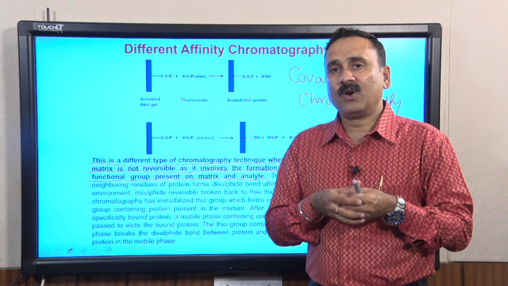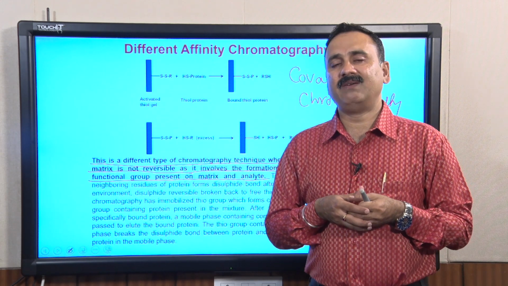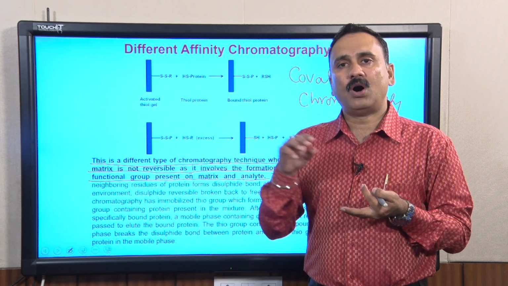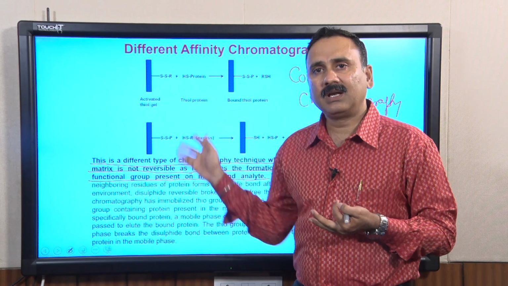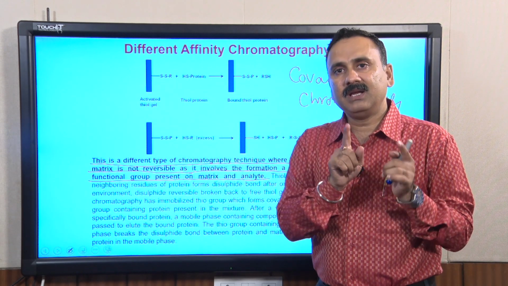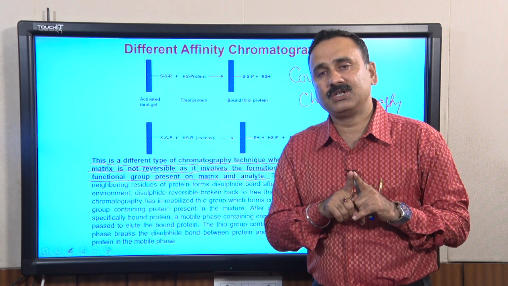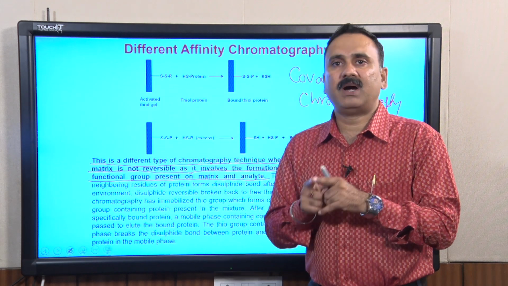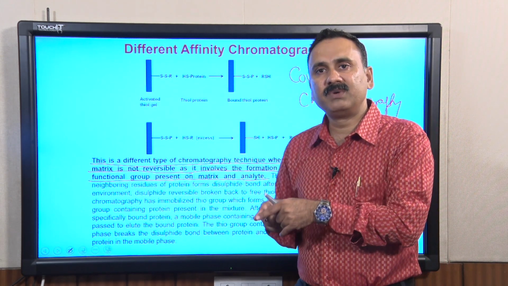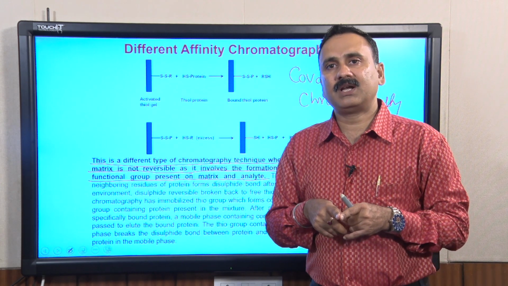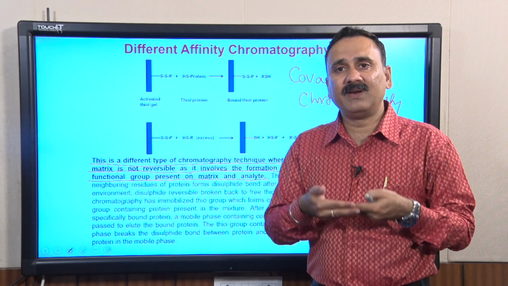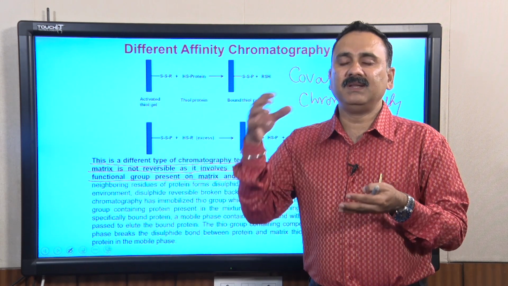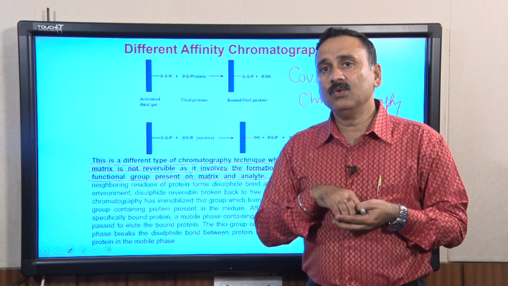If you remember, in most of the chromatography techniques we have discussed so far, whether it is ion exchange chromatography, hydrophobic interaction chromatography, gel filtration chromatography, or even other classes of affinity chromatography, you are making a receptor ligand interaction, but these interactions are non-covalent. These interactions only involve hydrogen bonding, van der Waals forces, pi-pi interactions, salt bridge interactions, and other kinds of interactions, but they are not covalent. So, because of that you can break these interactions and reuse these columns again and again,